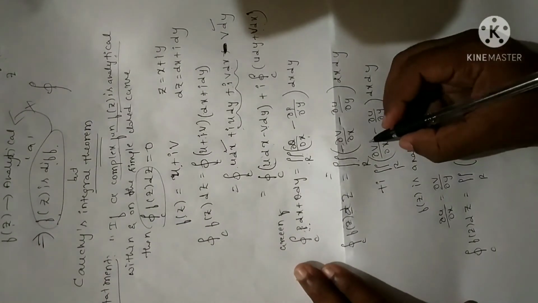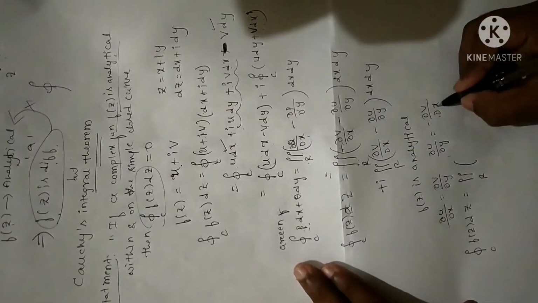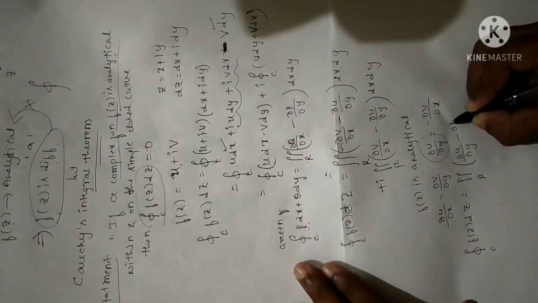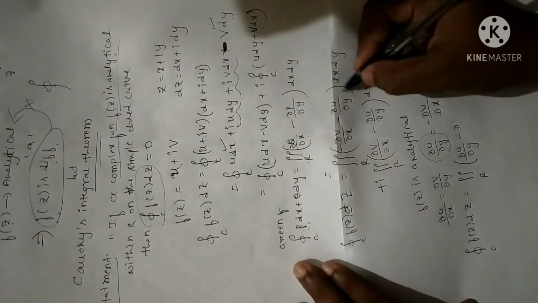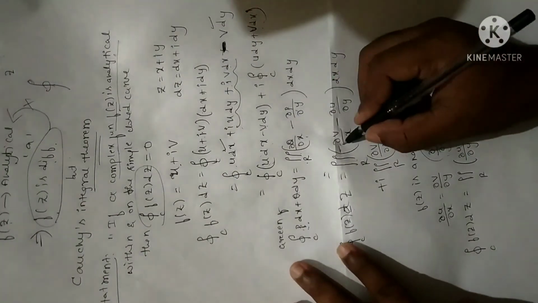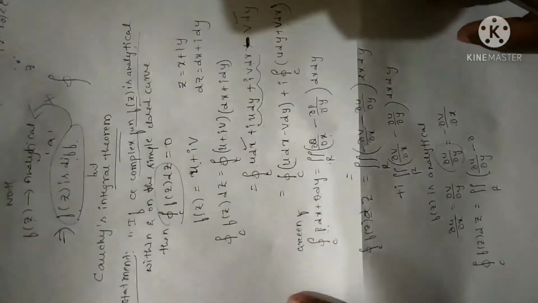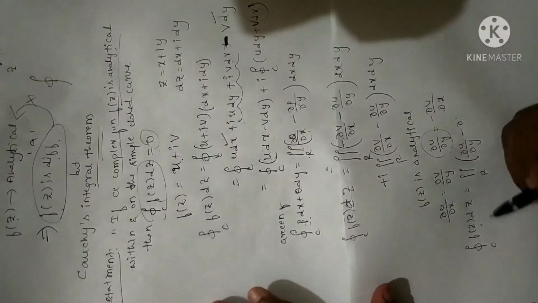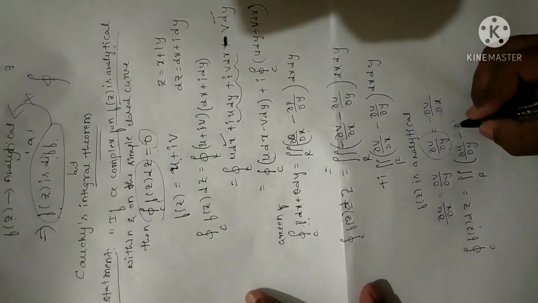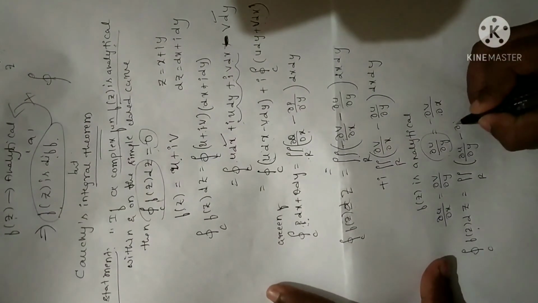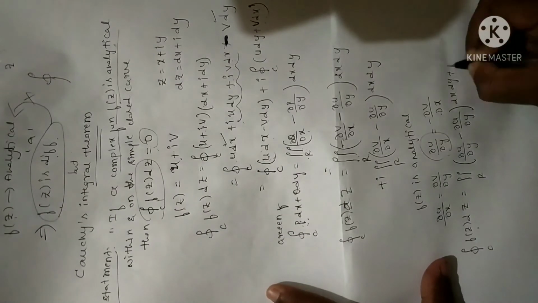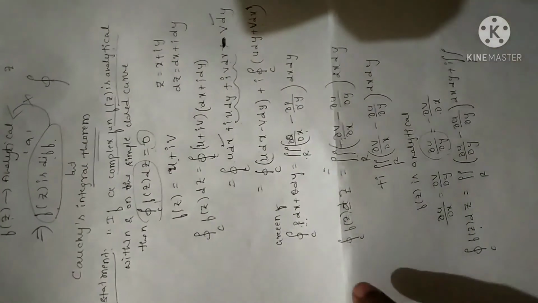Now how can we write minus dou v by dou x? I can replace it with dou u by dou y minus. Now remember, you should not replace for both the terms. Why? Because if you replace both the terms, you cannot simplify further. Why? Because our aim is to get 0 in RHS. LHS I have already, so I have to prove RHS value 0. So let me keep the second term as it is, that is dou u by dou y dx into dy plus i into integral over the region.